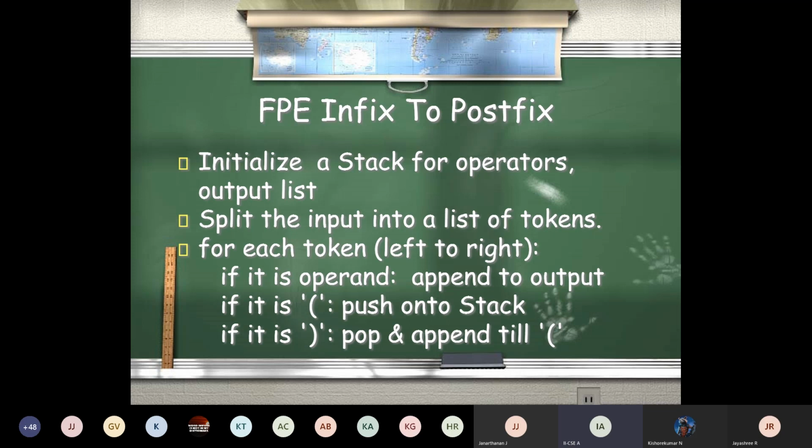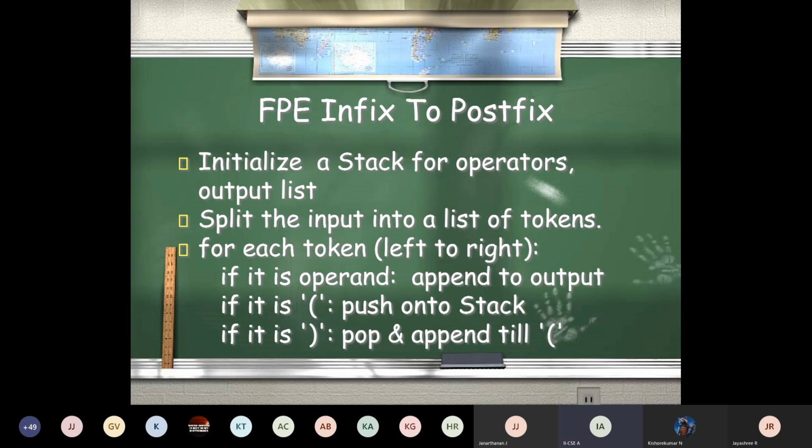So when you are converting your infix to postfix notation, we are going to use a stack. Till now, we learned what is an infix, what is a postfix, and how to convert it manually. But how a stack is used for conversion, that we are going to learn now. Okay, imagine you're having a stack. You can draw a box like thing nearby. We are going to initialize a stack for the operators. We are going to push and pop operators from your stack.